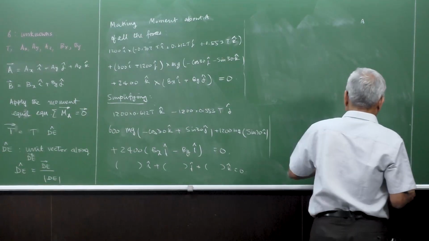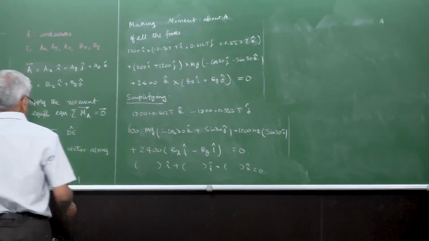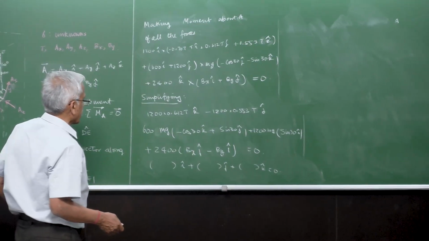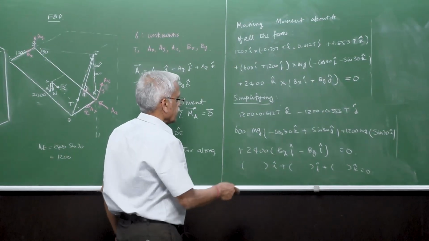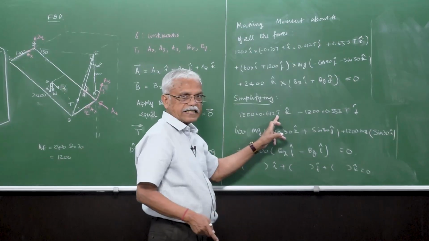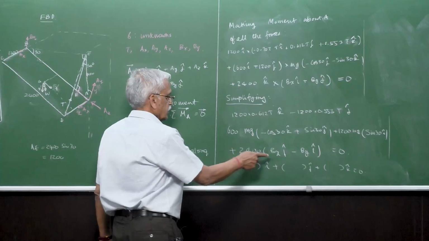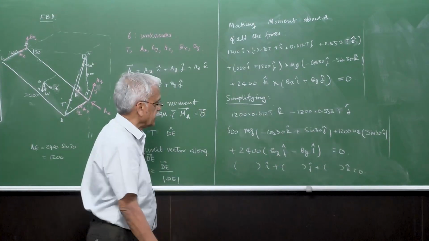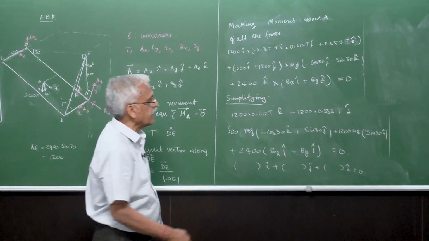If your interest is now to find out T, then which component would we like to take? If you look at this one, Bx and By are the unknowns together with T, right? And of course mg is given to us. So the Bx and By are appearing as i and j, and that means that you can get an equation in k,